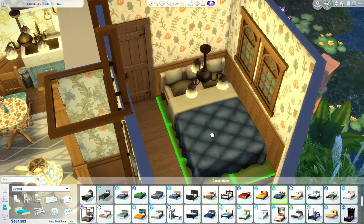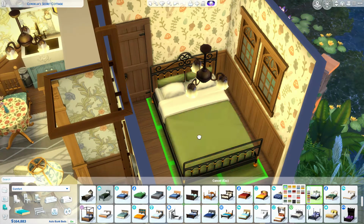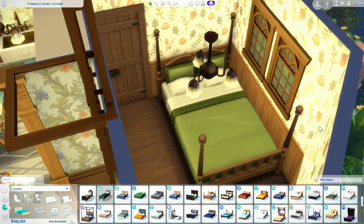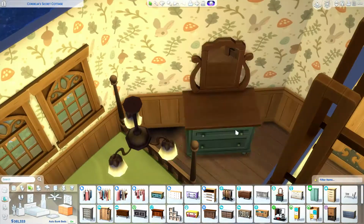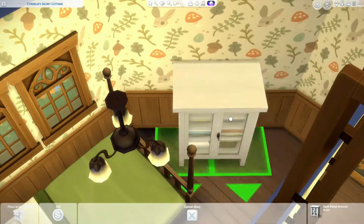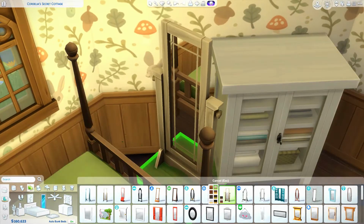In here I used a lot of cats and dogs stuff. I think the cats and dogs pack kind of has this country vibe as well, so it does fit really well with Cottage Living. I did this bedroom very simple. It's quite small. We just have this little dresser and a mirror and a bed, and again